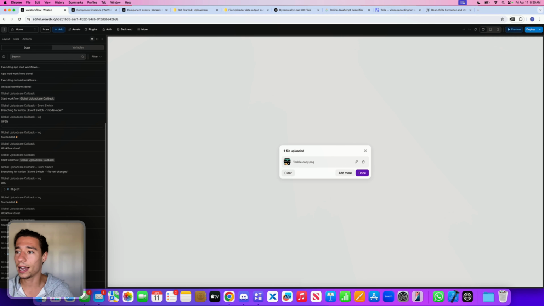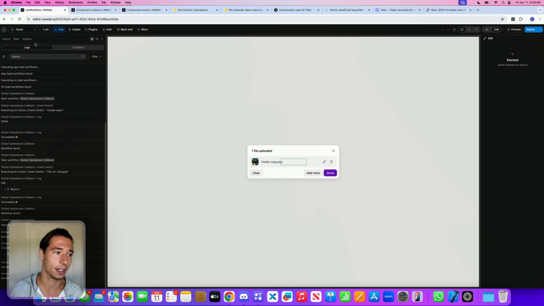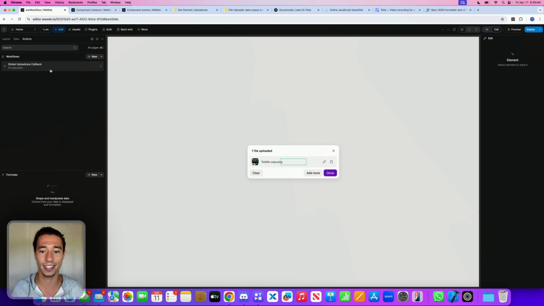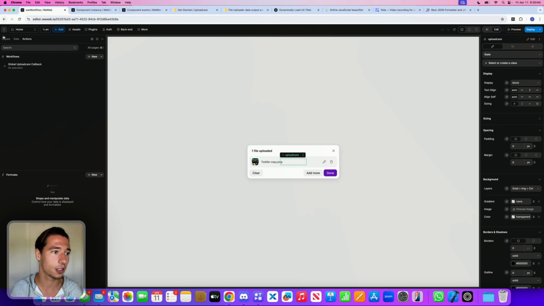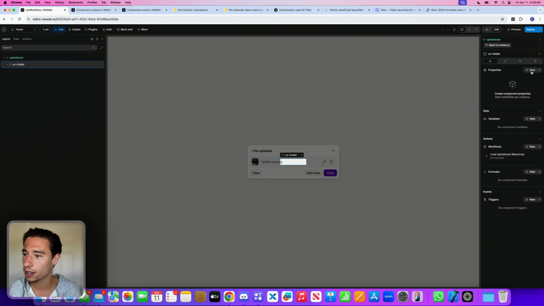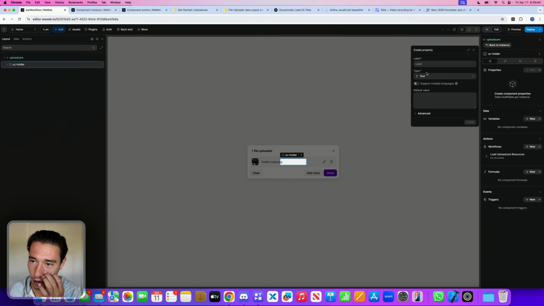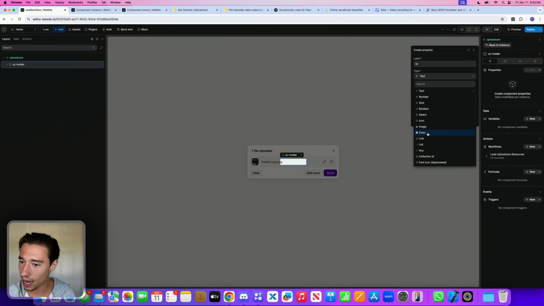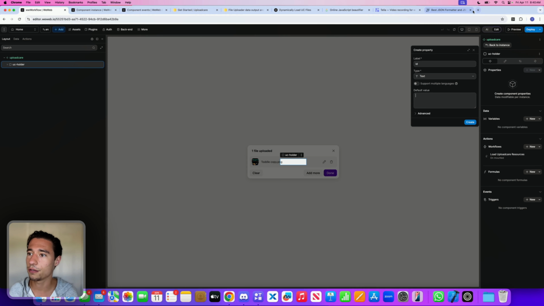So now we need to implement our IDing system so we can know which one is actually doing which, in case we want to have multiple uploader components on the page. For this, I want to edit the component, and we need to add a runtime prop, or however WeWeb calls its property. This property will be the ID for the uploader, and the type will be text. Do we have type ID, collection ID? No. So let's just do text, default value,